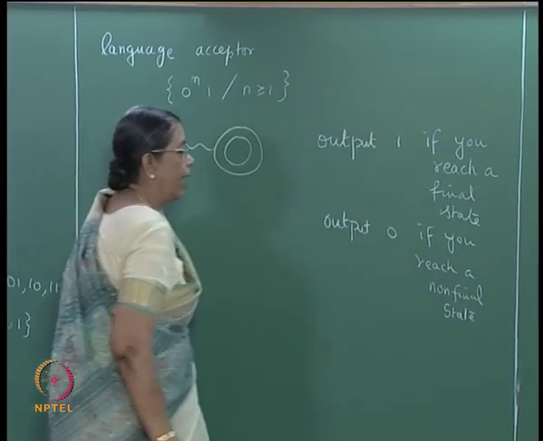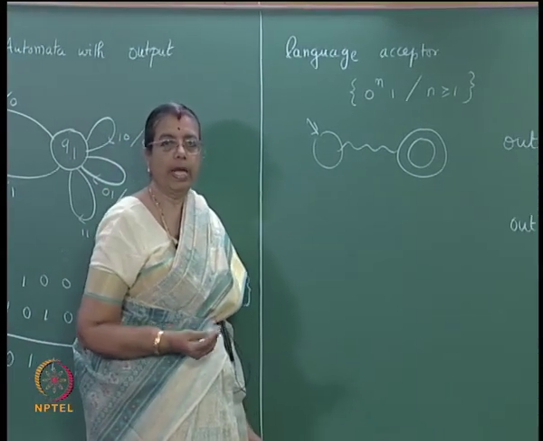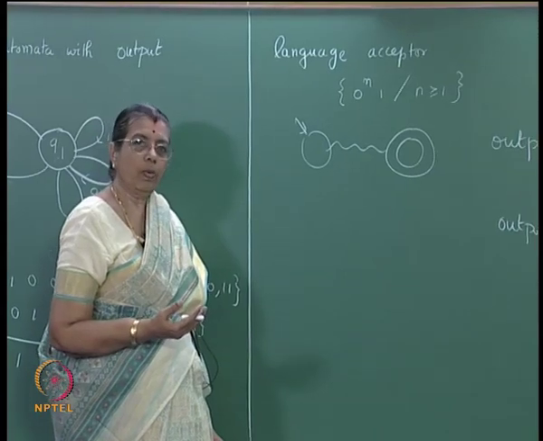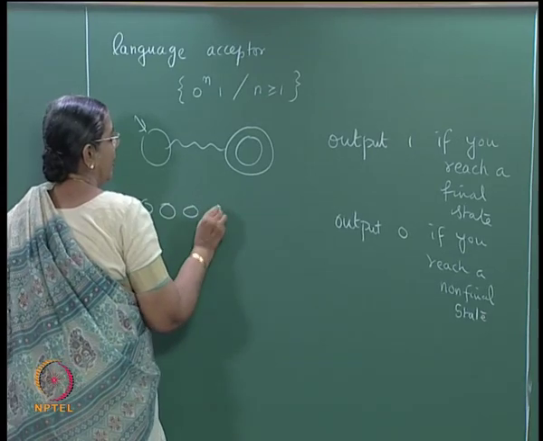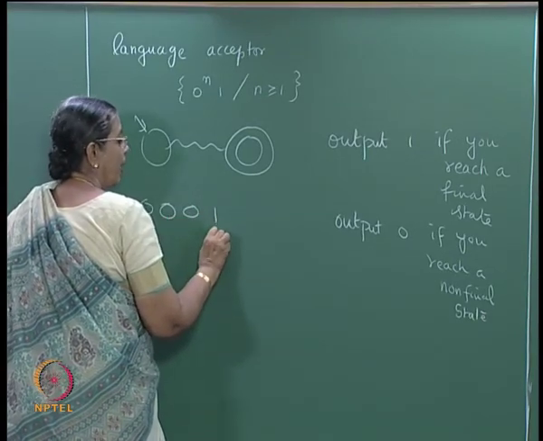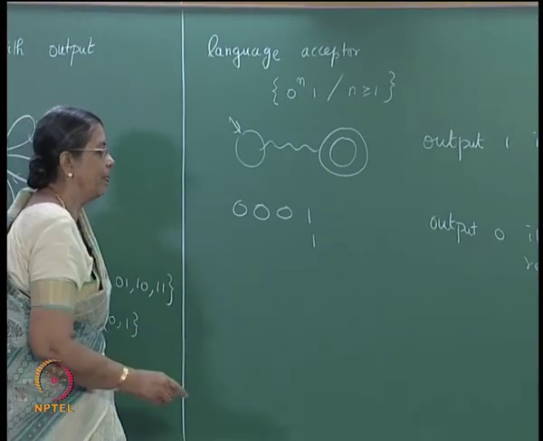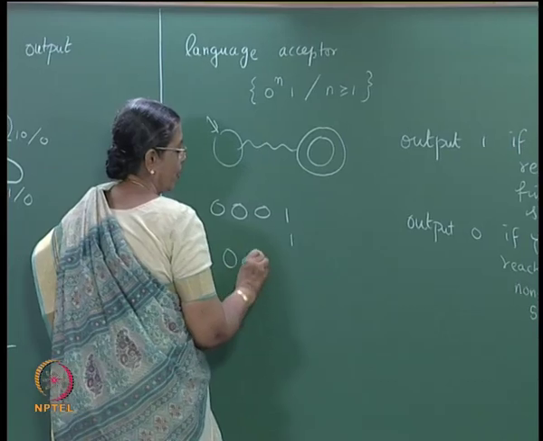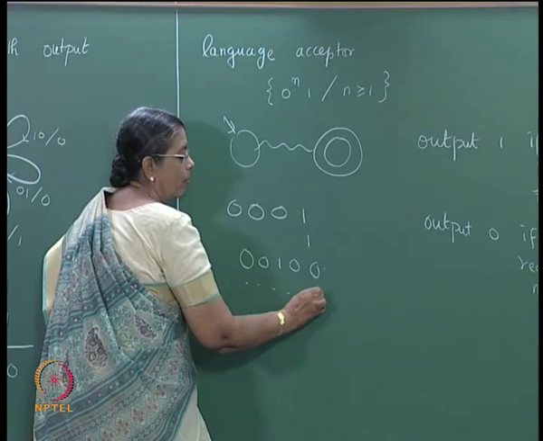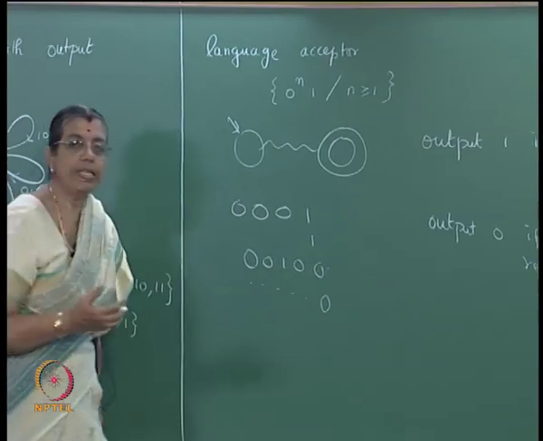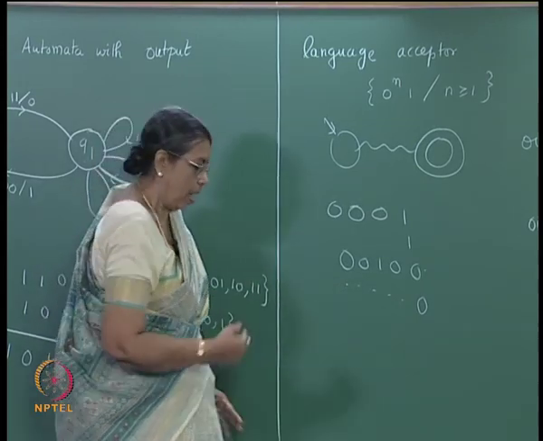If you look at it this way, even the acceptor can be looked at as an input output device. It outputs a 1 when the string is accepted. For example, here if you have a string like this, it will be outputting a 1 here, so that the string is accepted. If it is some other string like 0 0 1 0 0 something like that, it should not be accepted. So, at the end it will output a 0. In fact, at every state it will output something which will tell you that portion of that string is accepted or not.